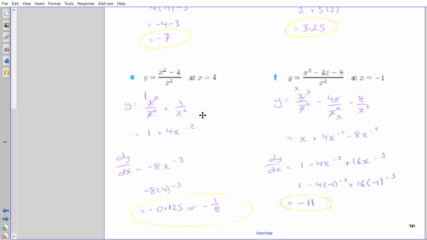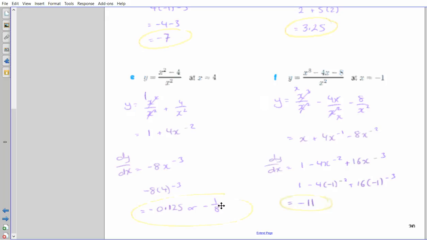Now do the calculus step. Find the gradient. That's the original function. Find the gradient function dy dx equals. That's a constant, so forget about it, disappears. But negative 2 times positive 4, negative 8. X to the power of, subtract 1, negative 3. Now you've got to plug in 4, so write negative 8 brackets 4 to the negative 3. Plug it in the calculator. To 3 sig figs you get this, or